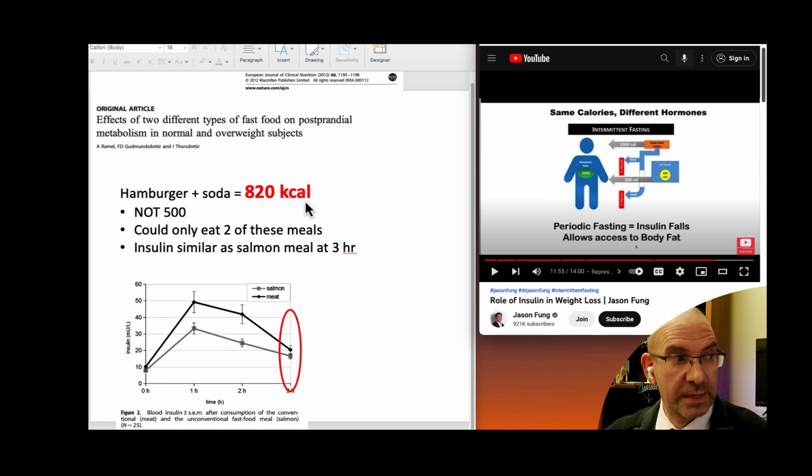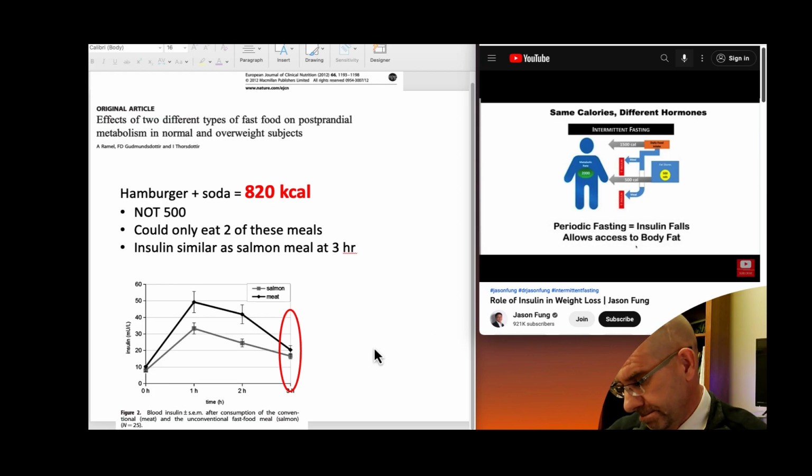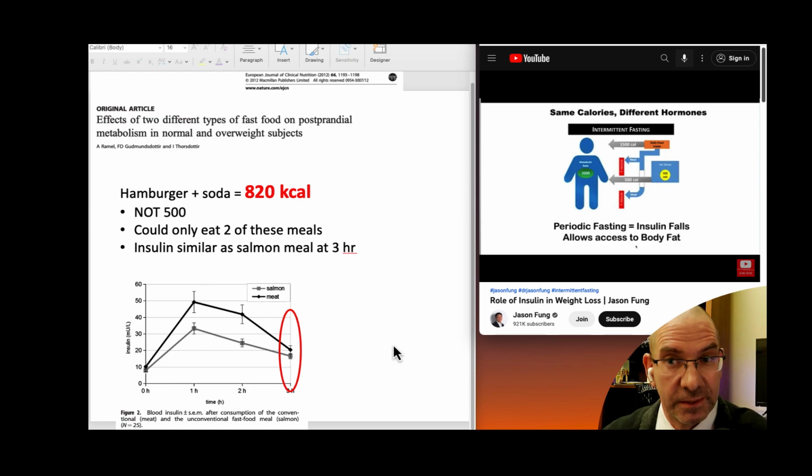So here's a great example. Have a hamburger and soda twice a day. Or pancakes. You can do pancakes in the morning. I guess I don't want to mention any brands. But you can do pancakes in the morning and hamburger and soda in the afternoon. Obviously, if it's 1,500, you got to shift these a little bit, but this is what he's talking about, is what can be done here. And you get lower insulin throughout the day. Release those extra 500 calories, and therefore your body fat levels are going to go down.